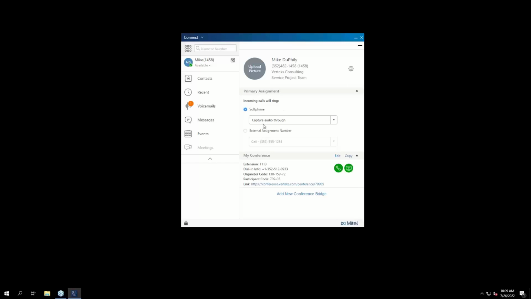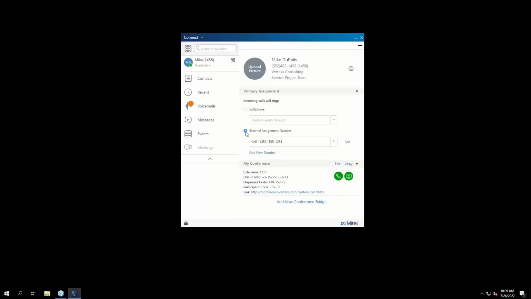The final option we have here is external assignment number. And what this actually does is it allows us to completely redirect all of our calls to an outside number, say for instance, like a cell phone. And what's especially neat about doing it this way, I'm going to edit my number here because it's the fake one,